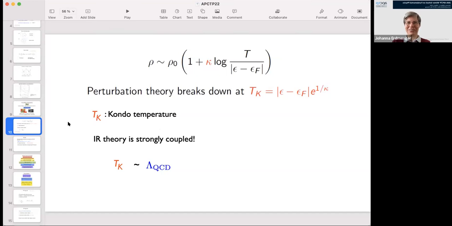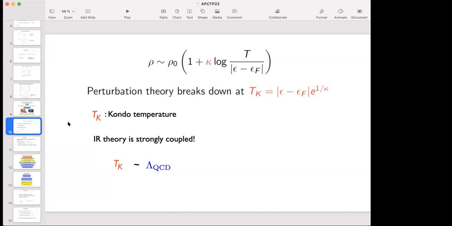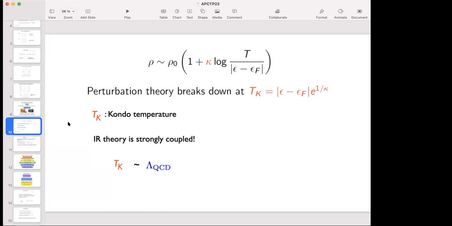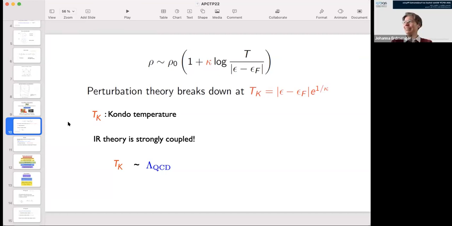I would say, to be honest, we don't know. I mean, in QCD, we just don't know what happens to this theory. And there are some people who believe that QCD also has a fixed point. Of course, lambda QCD means the scale symmetry is broken. That means there is no conformal symmetry. Yes. If this is an analogy, the same thing should happen. That is, below lambda QCD, sorry, I mean, below the Kondo temperature, conformal field theory shouldn't apply. Well, but I will show you here that we do get a fixed point. And this is different from QCD.